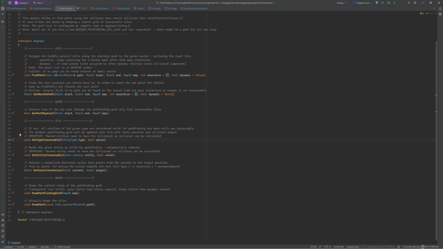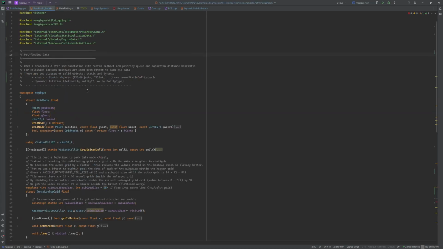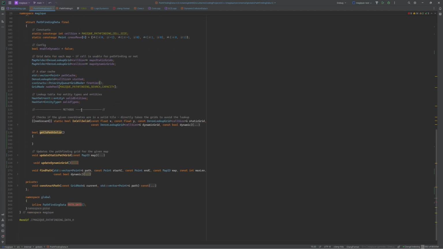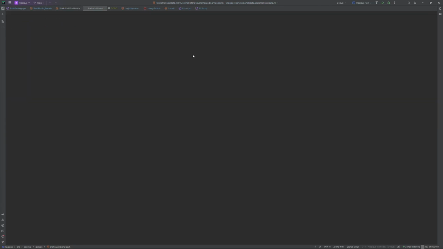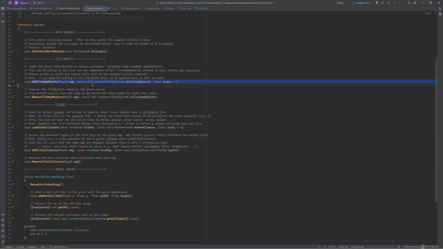This is kind of where I'm at currently. And then at the beginning, why this was a bit annoying to do was, originally I just had these methods, update static path grid, which is always called if you change anything in the static collision header, right? I showed earlier, not that one. So just static collision. If you change anything in here, like add a tile object or something, the whole grid is being rebuilt. Because the idea behind it, it's obviously simple for me to implement, but also